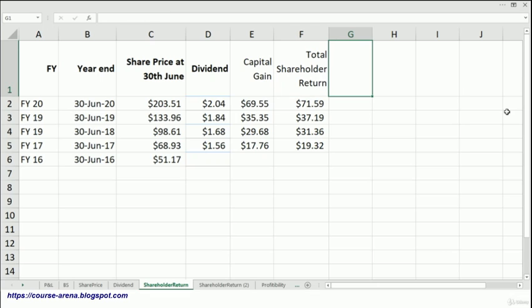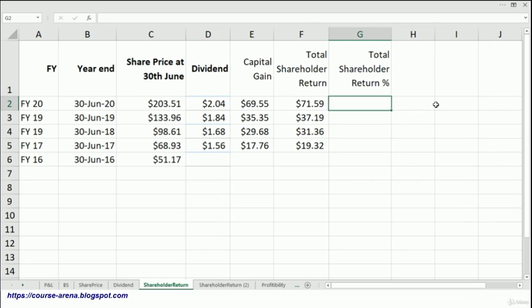One last thing that we need to find out is total shareholder return in percentage. For that, I will add one more column, and I would say total shareholder return in percentage, that is basically this total return divided by share price. Now this is important. Which share price should we use? The share price at the end of the year or the share price at the beginning of the year? In all of the ratios that we are going to do in this course, we will be using the share price at the end of the year, because that is the share price that is used everywhere for the calculation of ratios. But in this particular area where we are going to find shareholder return,